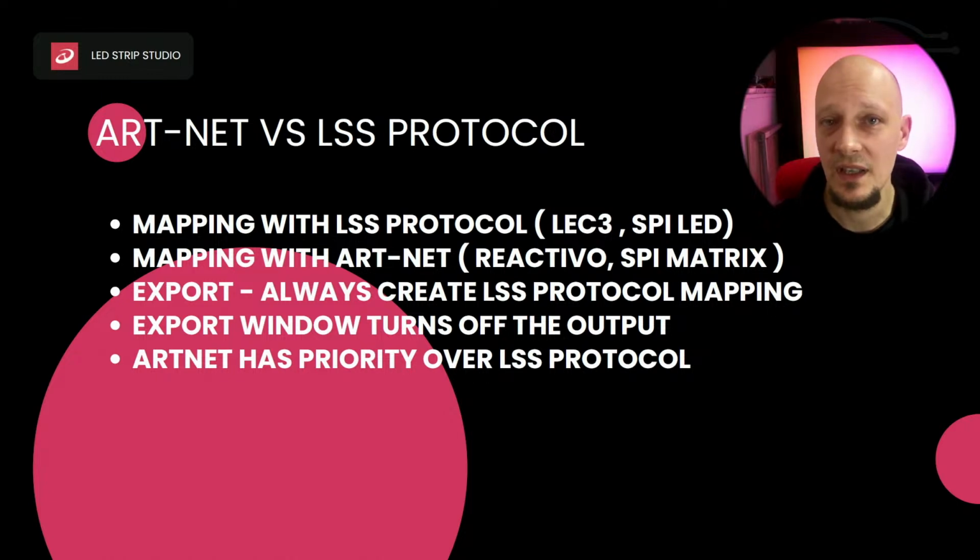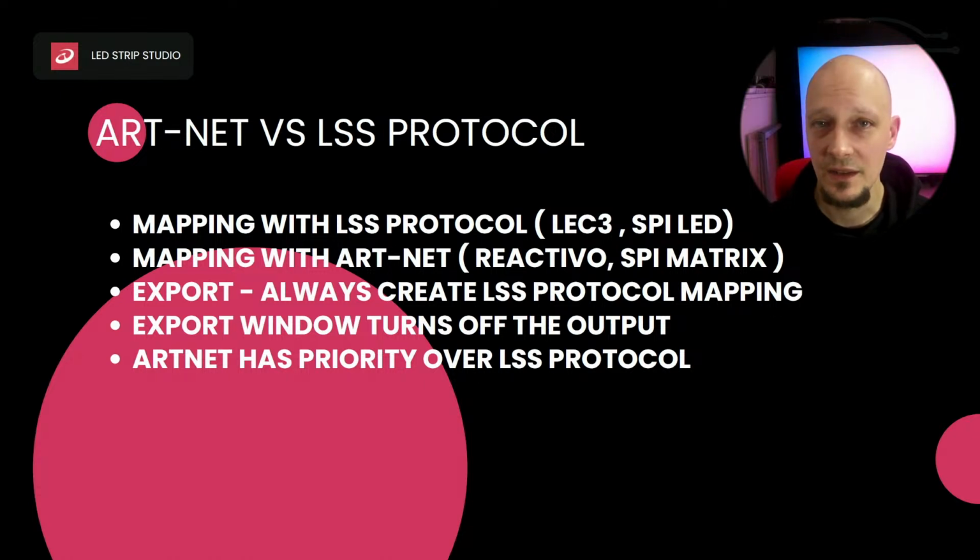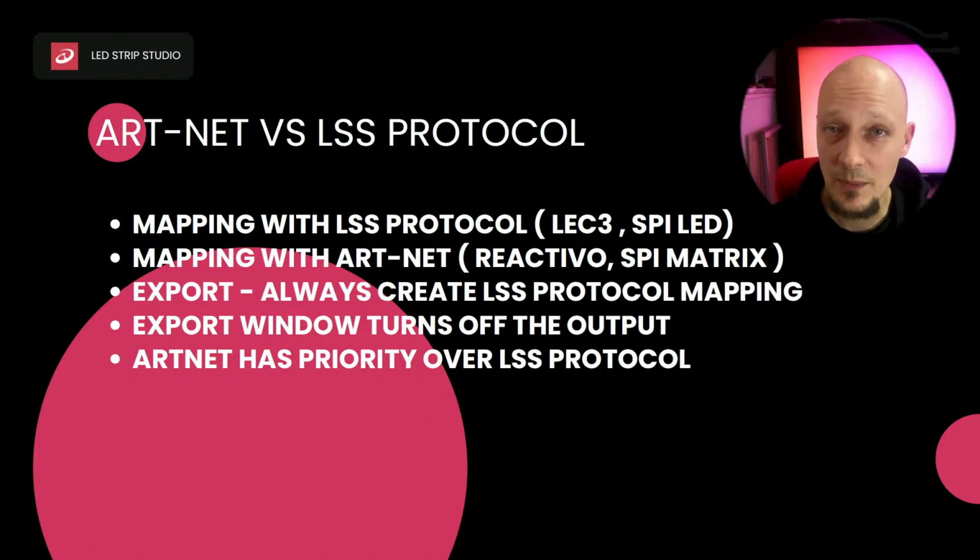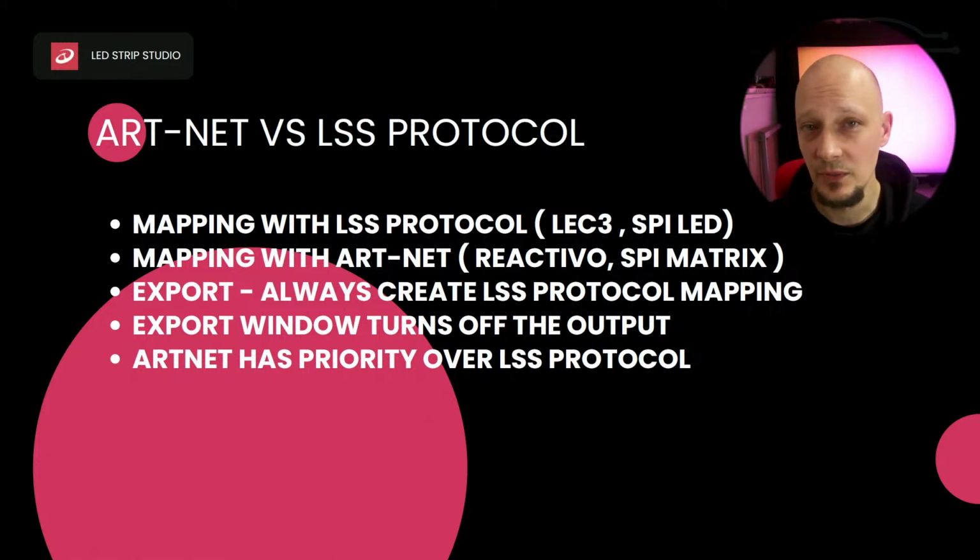The process is the same as I have shown you just now. You will create the mapping, assign the strips, the segments, into your IP addresses, which are your devices, and then you will again do this for the LSS protocol. You can add the same IPs, so same controllers, so that way you won't mix up the devices. And it is important to